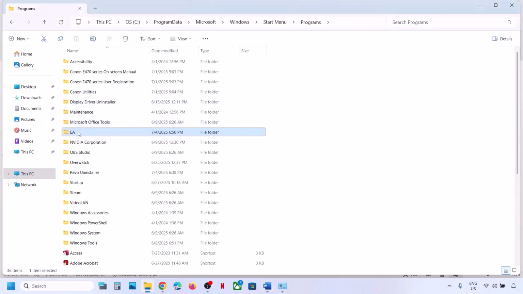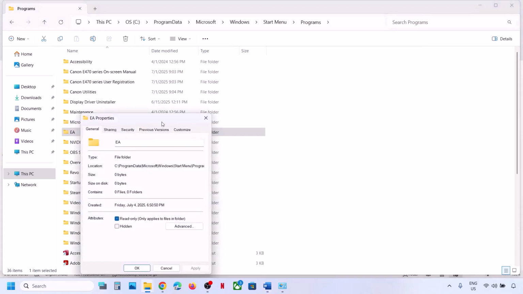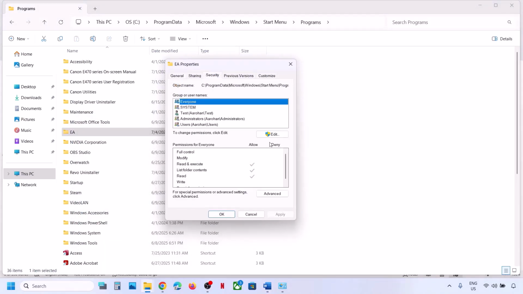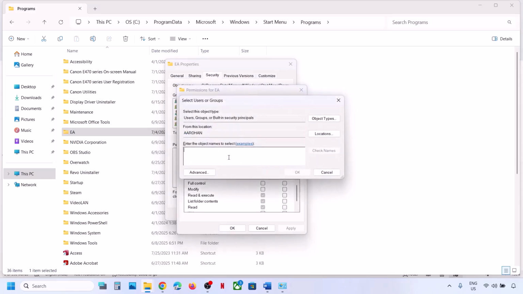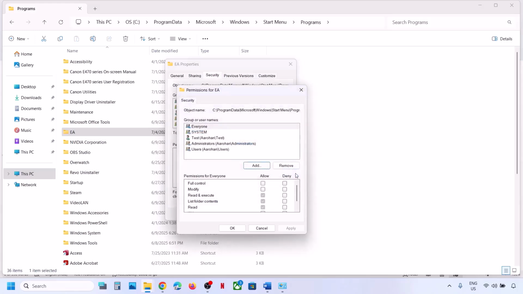Now once you name this folder as EA, after that you make a right click on the EA folder, and then go to Properties, go to the Security tab, and then click on Edit over here, and then click on Add, type in Everyone over here, and then click on Check Names, and then click on OK. Now once you type in Everyone, you have to click on Full Control over here, and then hit Apply,